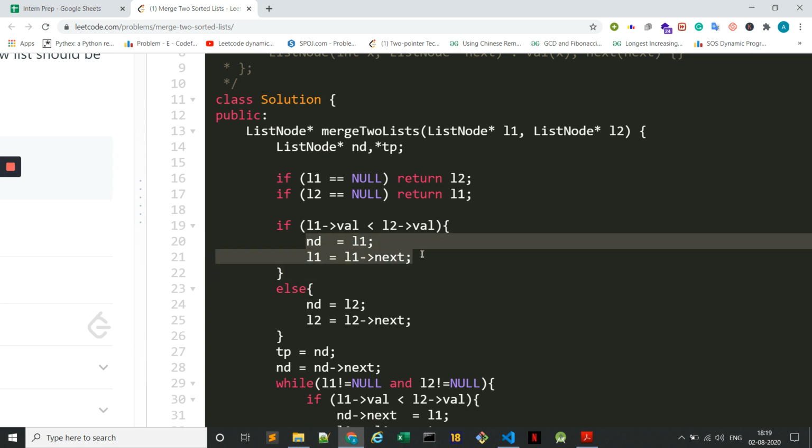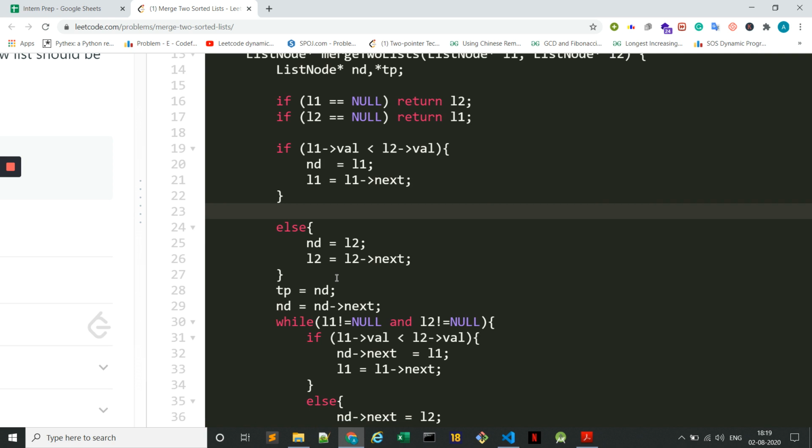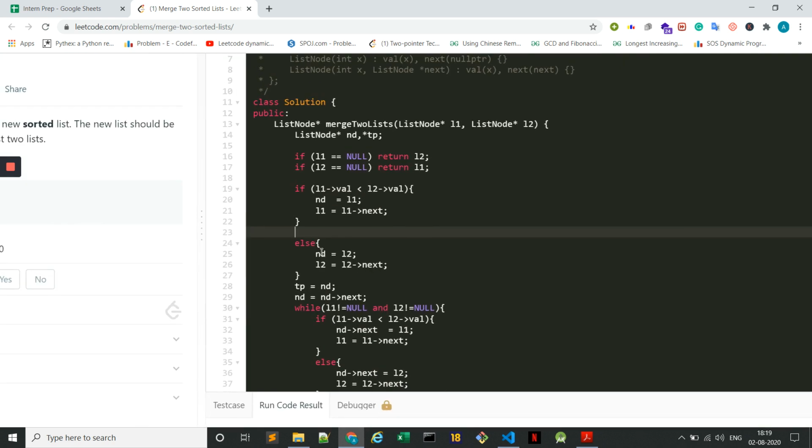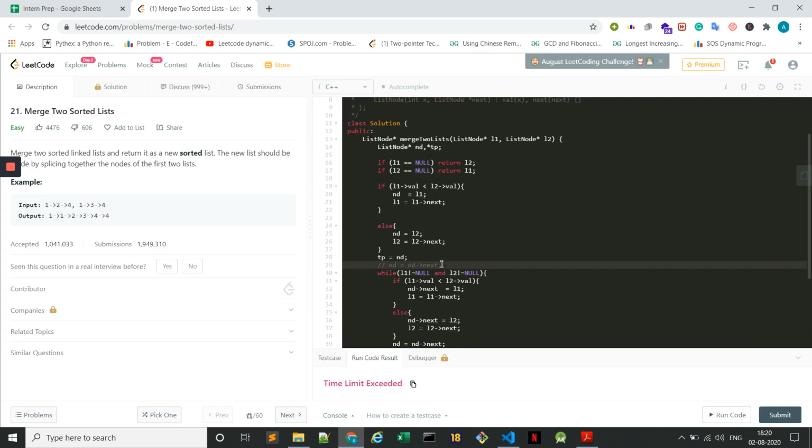This is also simple and trivial. I think this line is not needed.